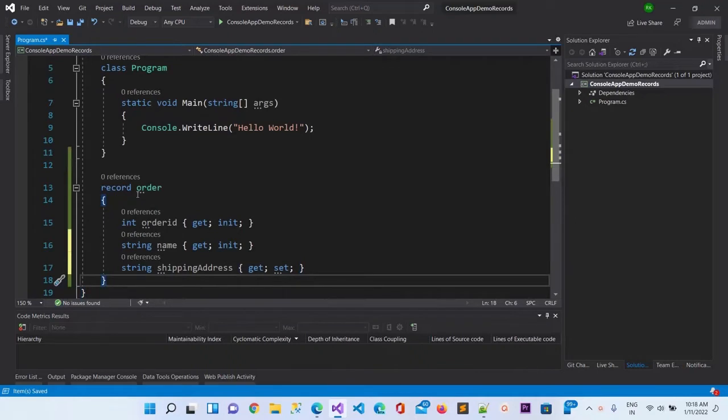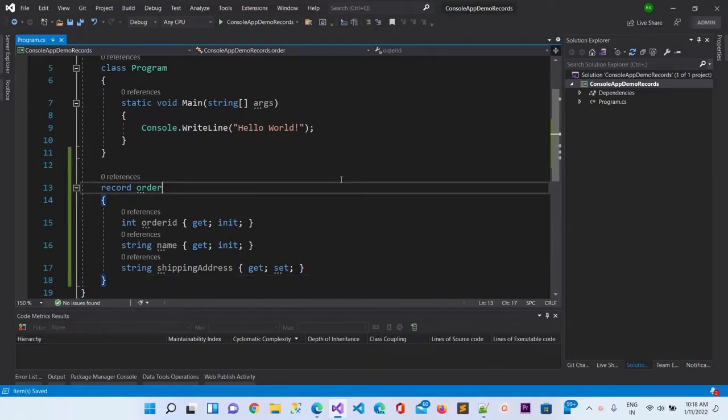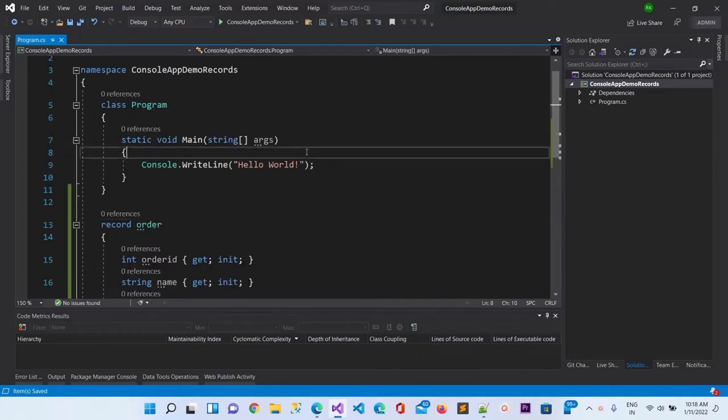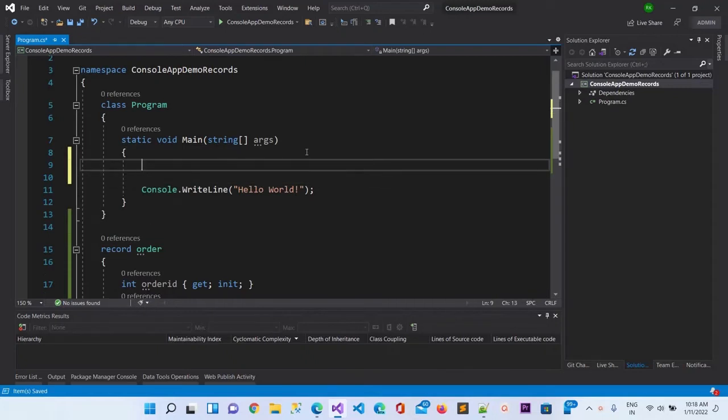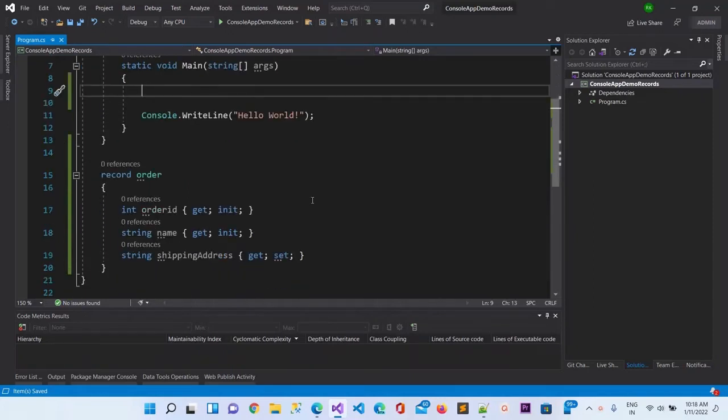Now let me go ahead and use the record. How can we use the record, or how can we assign values to these defined properties inside the order?